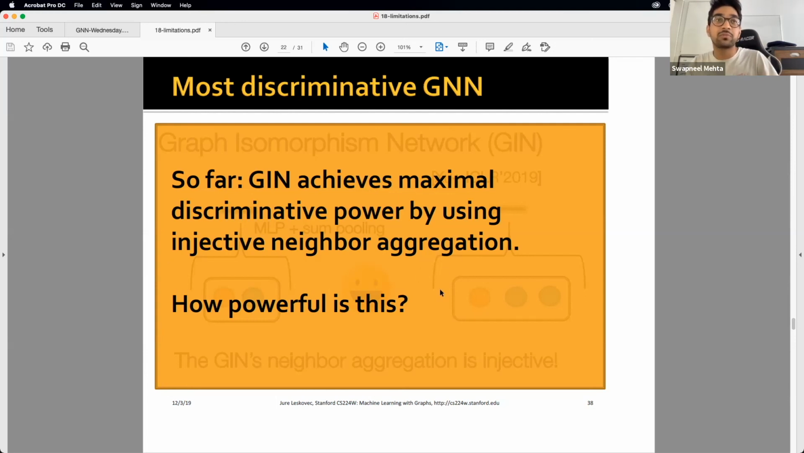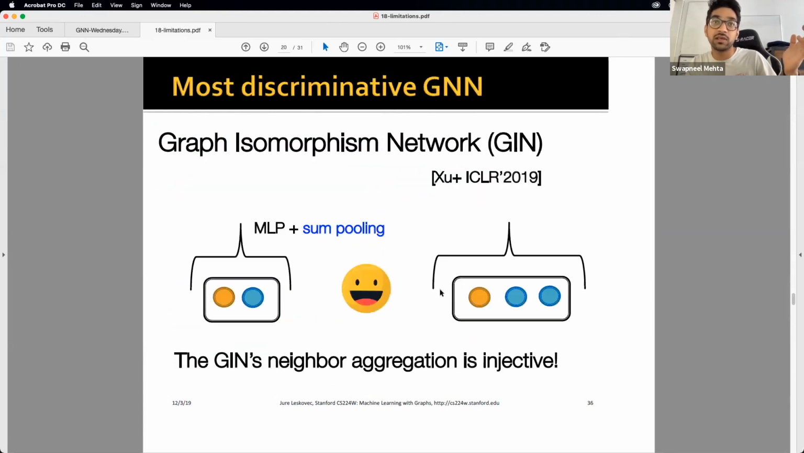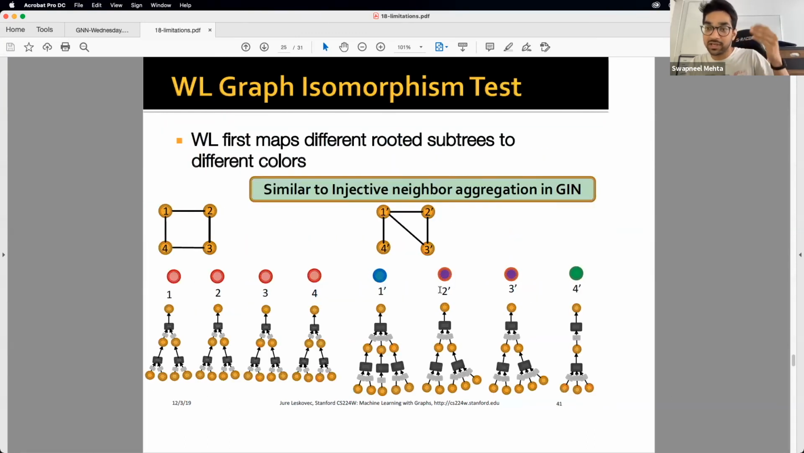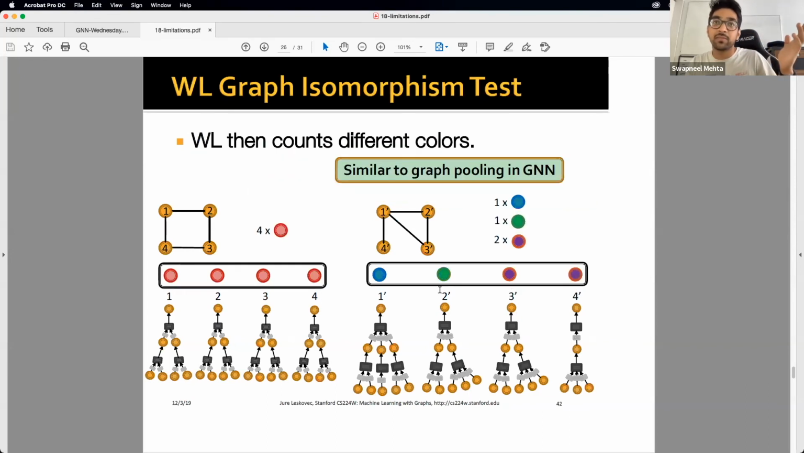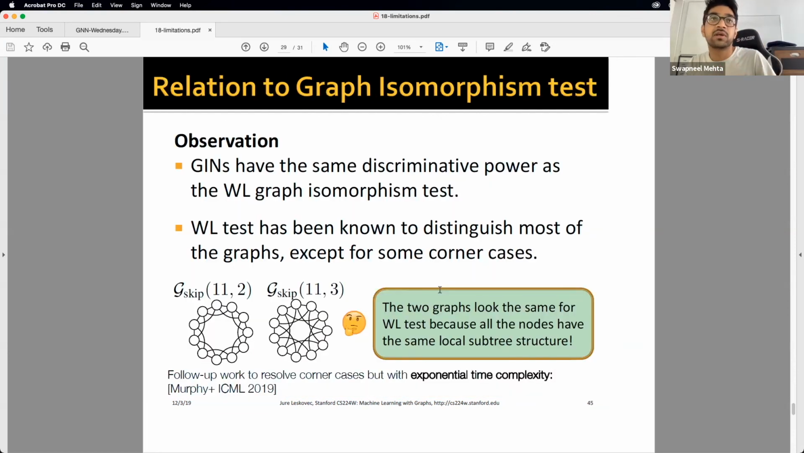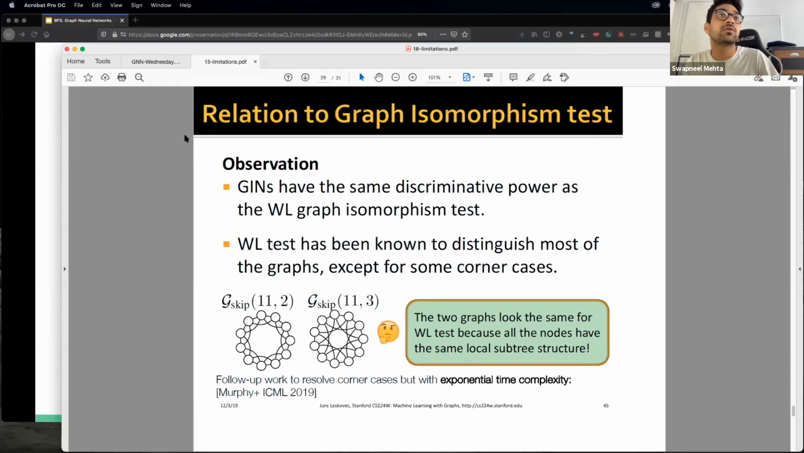So what they show basically is their network, this graph isomorphism network, where they use sum pooling. They show that this is actually as discriminative as this test because it builds its graph in the same way, similar to graph pooling. Anyway, they are operationally equivalent. That is your takeaway from here. Graphs that are distinguishable using this Weisfeiler-Lehman test are graphs that graph isomorphism nets will actually distinguish. And they show nice results, but I'm going to skip over them right now